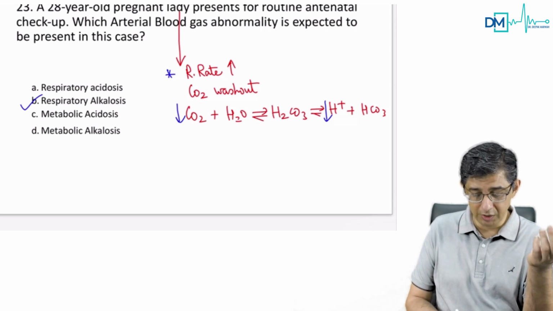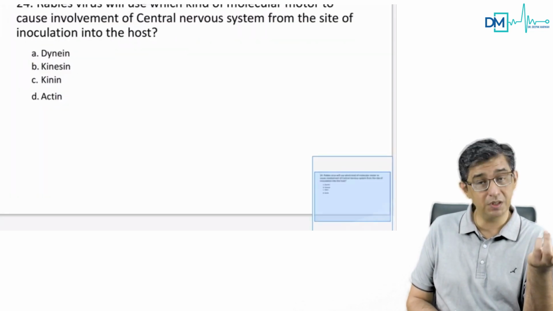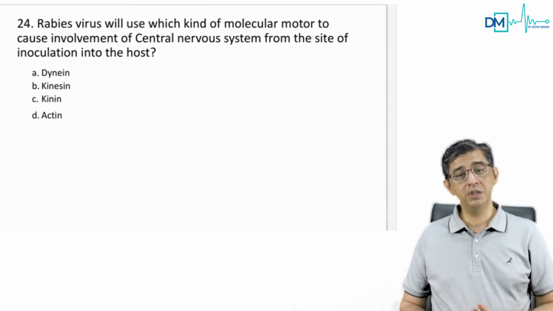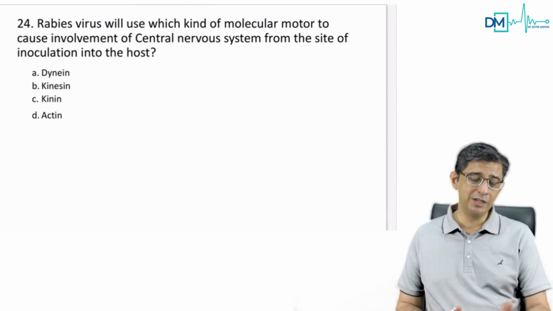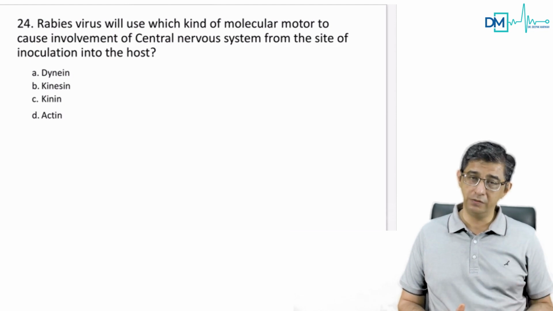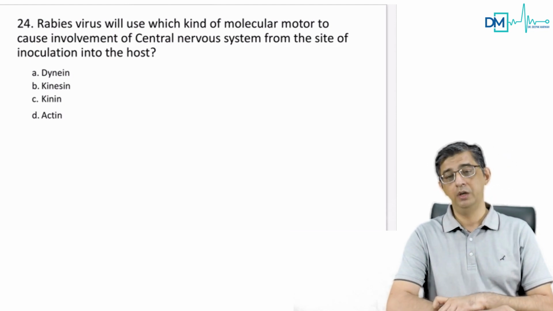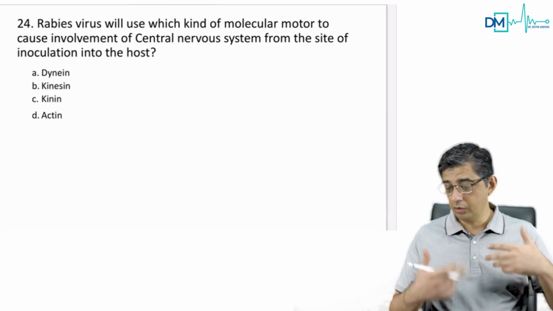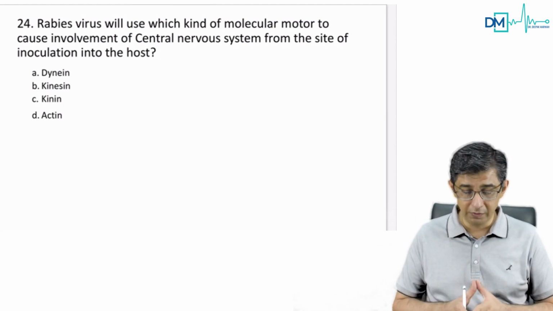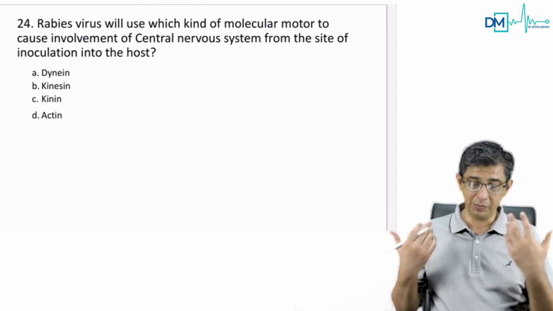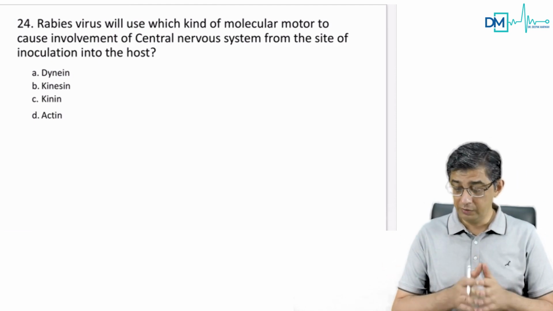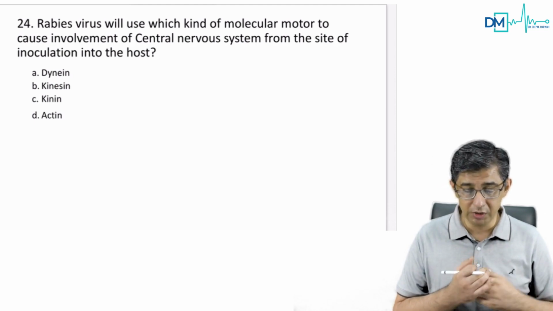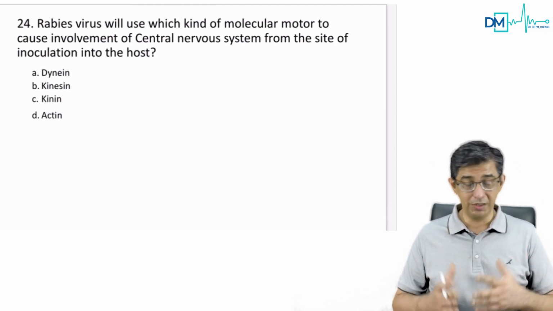I mean, they are, I would say, bread and butter for any physician, and that is why they put it up in the exam. The next question is slightly integrated in a sense that it is with physiology. He's talking about rabies virus. The dog bit him on the arm, but the virus will spread retrogradely to the spinal cord and then obviously to the brain. So rabies virus is spreading to the central nervous system. It is spreading through the peripheral nervous system, or even tetanus. The toxin goes through, I would say, the peripheral nervous system, causing rigidity.